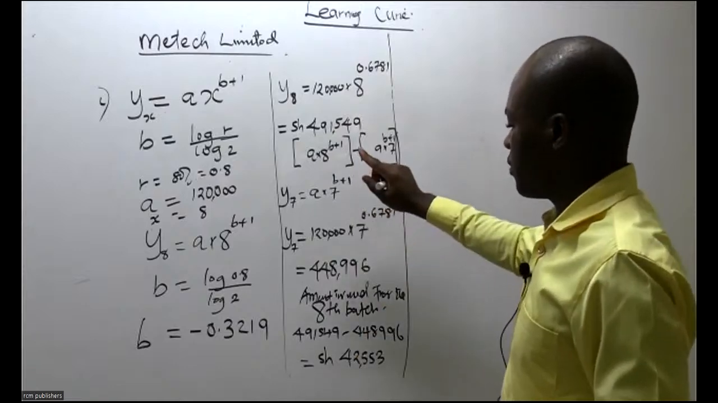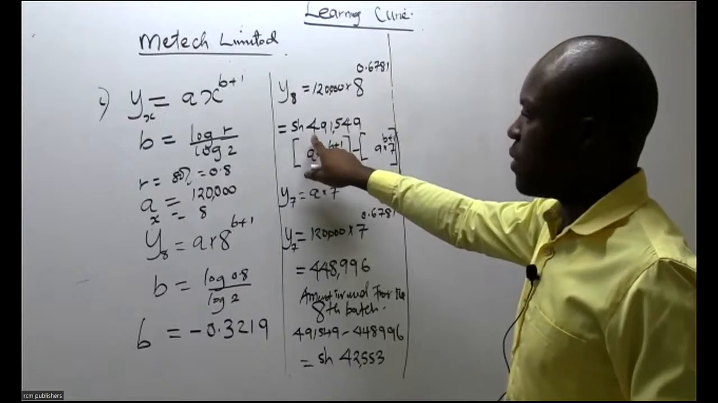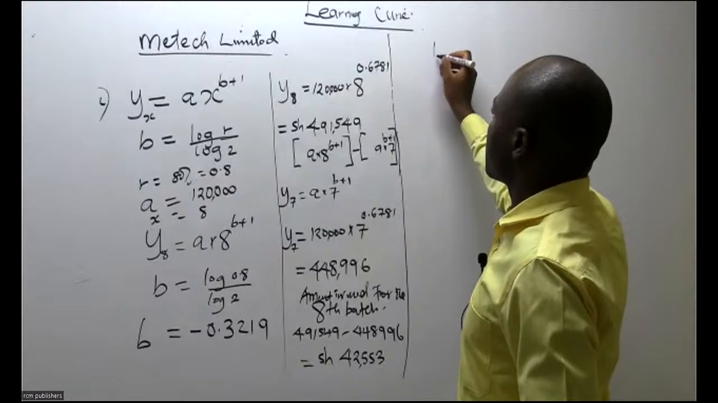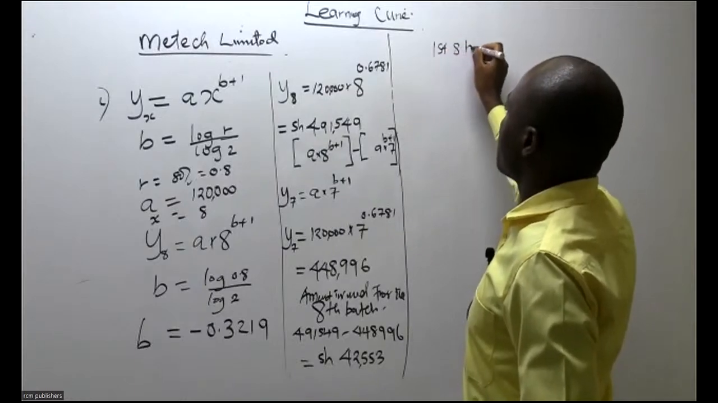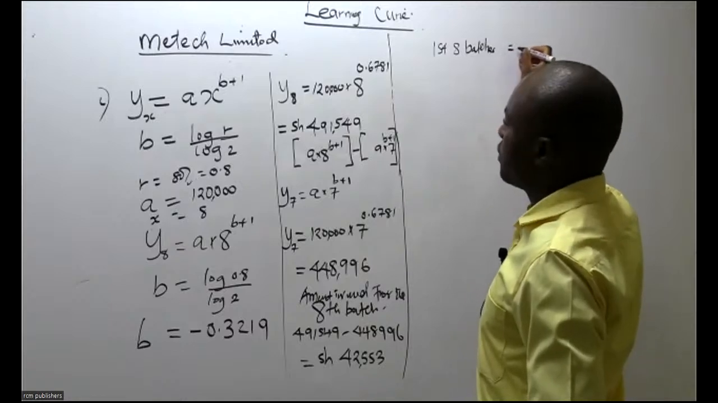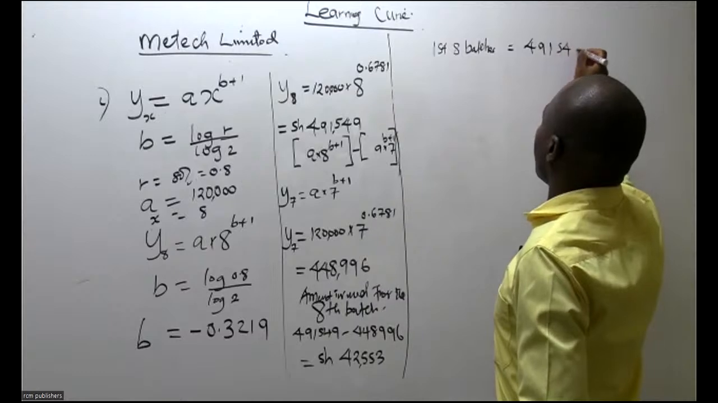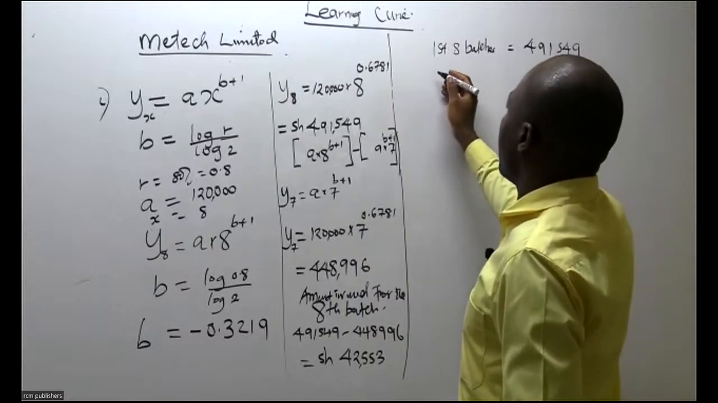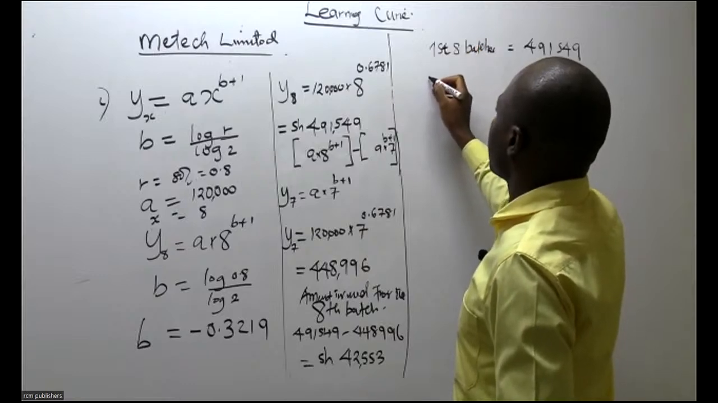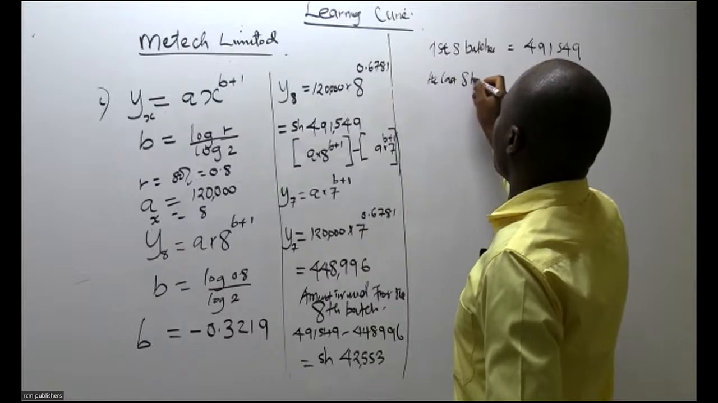The first 8 batches. The first 8 batches, how much did they incur? The first 8 batches, they incurred 491,549. Then the last 8 batches,